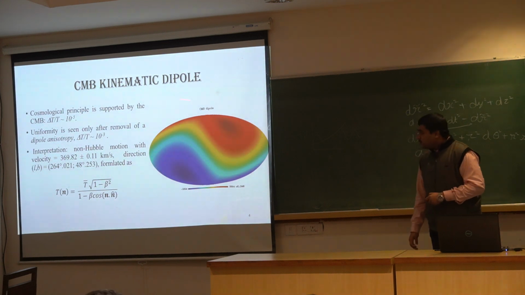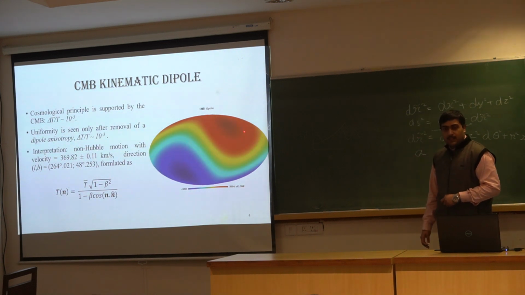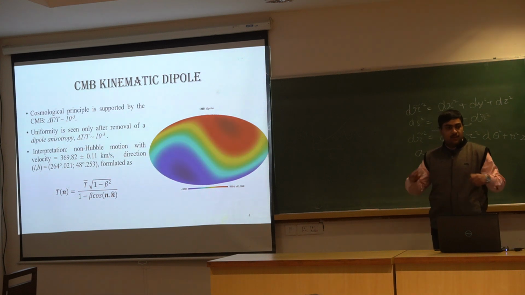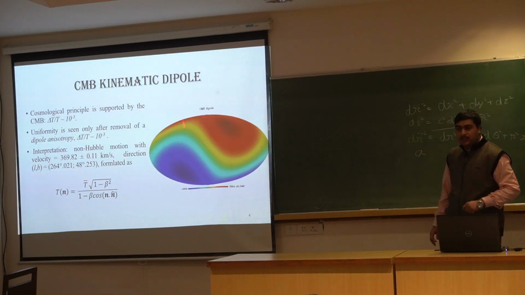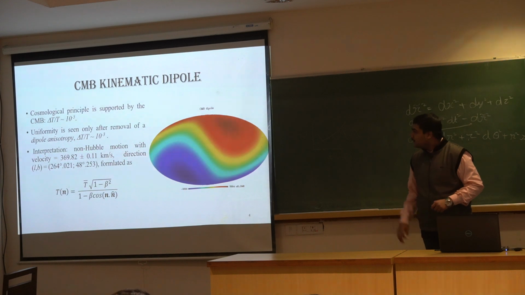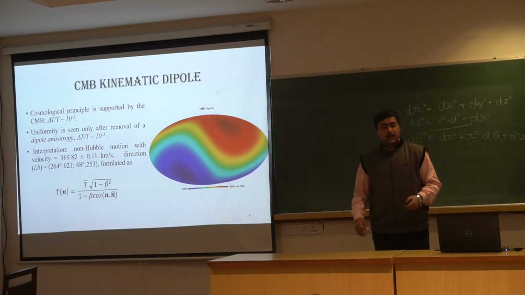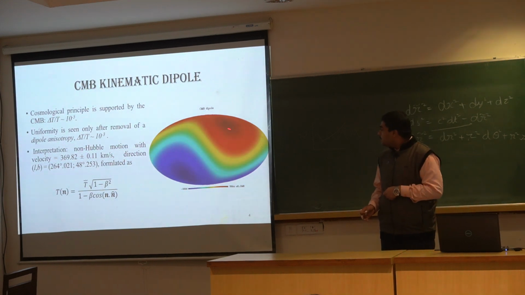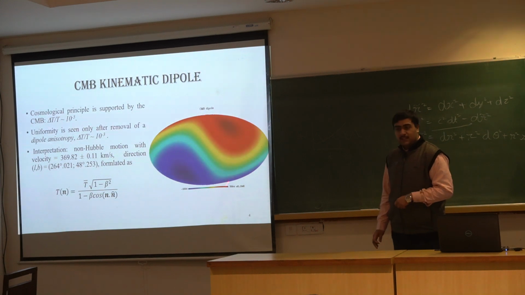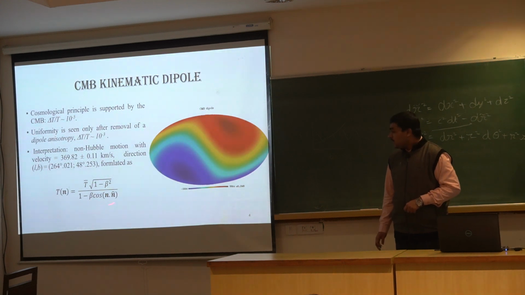So what we actually observe is a CMB like this, not the ones shown in the picture, all smooth black or anything. This is what is observed by Planck, WMAP and other satellites. So when this was observed, researchers said, okay, this is like a dipole kind of structure. So we will say that our universe is moving towards these galactic coordinates, that is here, with a velocity of 370 kilometers per second. That induces a Doppler shift in your temperature. Now,